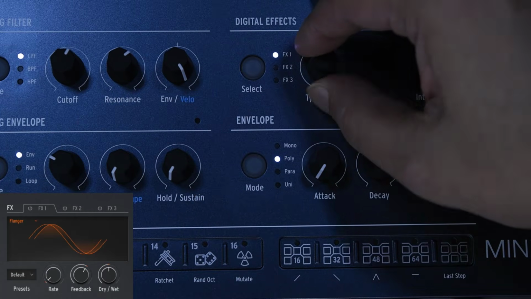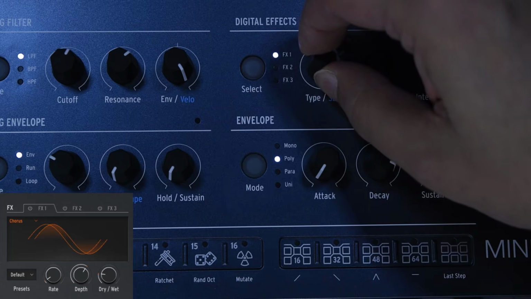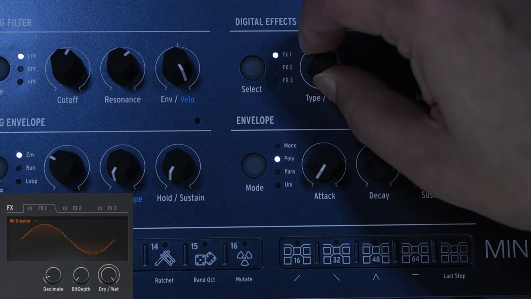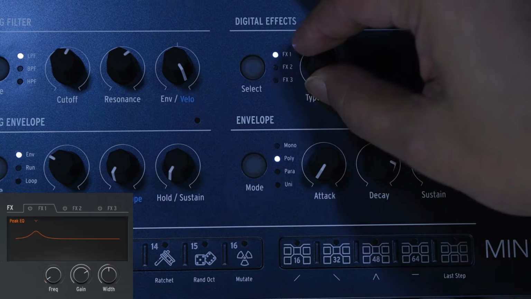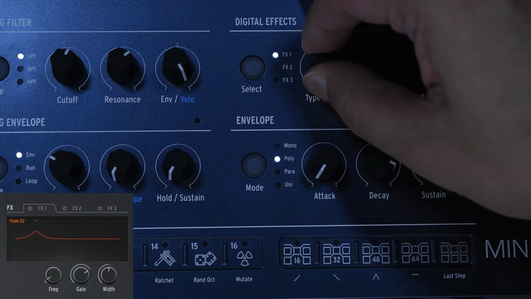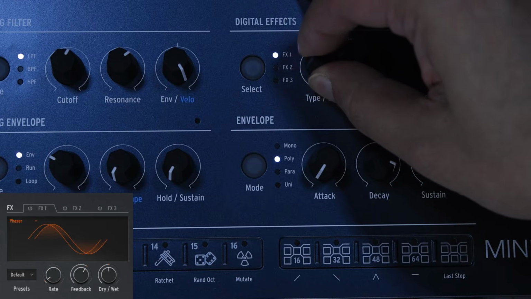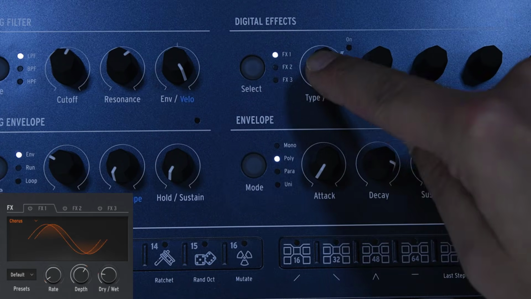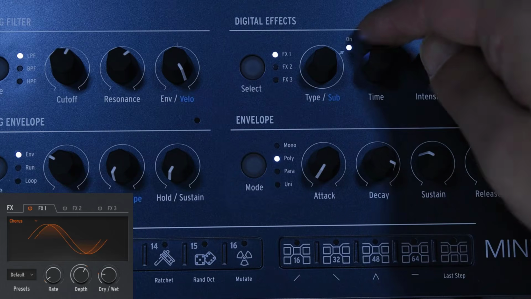Now, when you move the type, and I'm showing you the application right now, but you can select different effects. Of course, on the screen of the synthesizer, you do get the name of the effects that you're trying to select. And that's it. This is how you select the type. If you push this one, notice it says on. So now, of course,